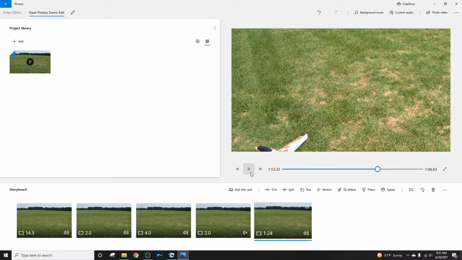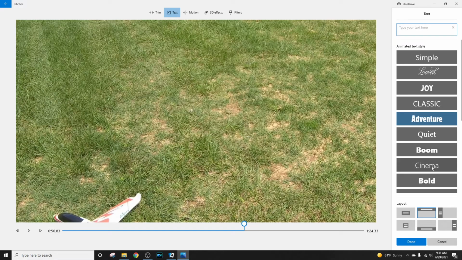All right, so now what I want to do is go ahead and add some text if I want to. I'm going to add some text. Let's go bold. And again, I'm going to use the title. And I'm just going to say,